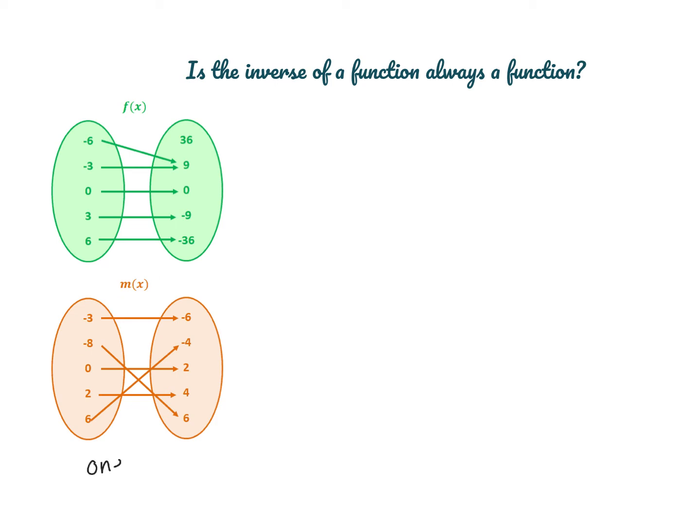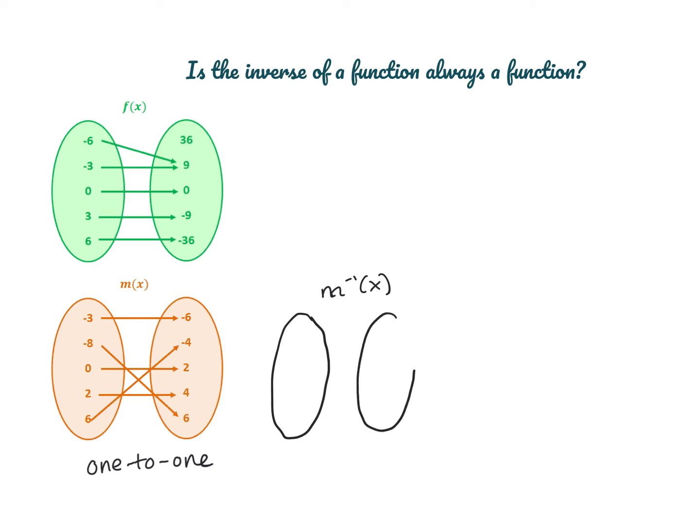So remember, this is what we call a one-to-one function. And let's see what the inverse looks like and see if it would be a function. So let's do m inverse of x. Remember, to find an inverse, we would just simply swap the x and y values. So we have negative 6, negative 4, 2, 4, 6, negative 3, negative 8, 0, 2, 6, and we would also swap the arrows. So negative 3 goes with 6,